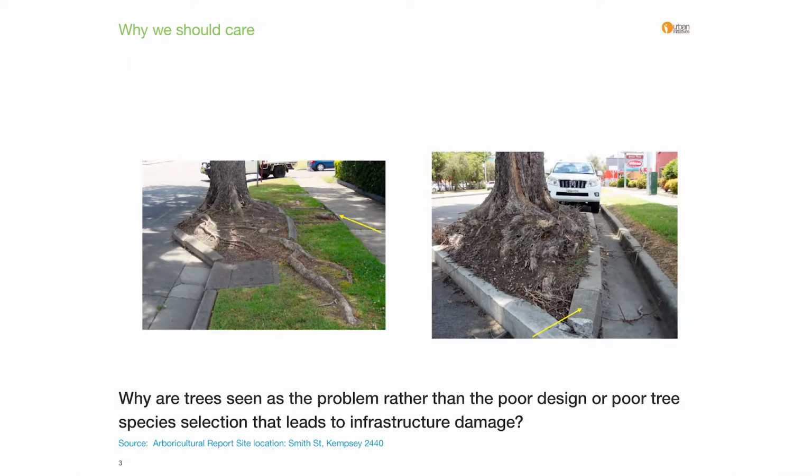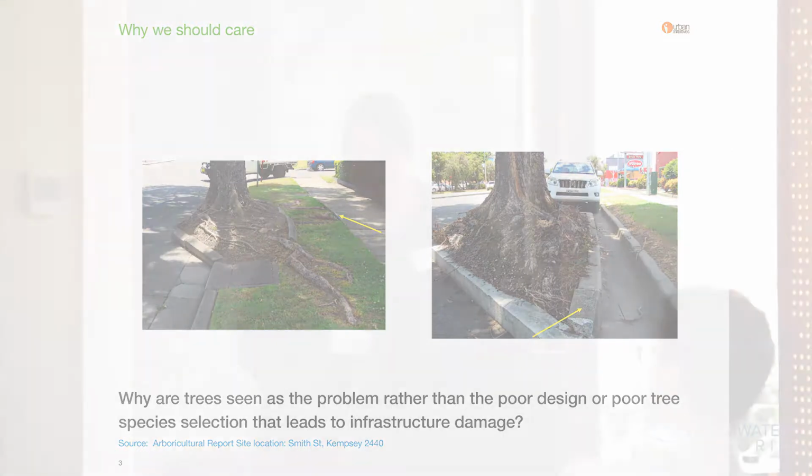So, designing for trees, why should we care? Why is it that we end up with these scenarios? Why are trees and green space treated as a bolt-on or nice to have last addition, as described in the 2020 vision? Trees are removed for all sorts of reasons, including damaging pavement, because it's easier and cheaper to remove a tree than design for the life of a tree. But as we move to a hotter and drier climate, a tree should be considered just as important.